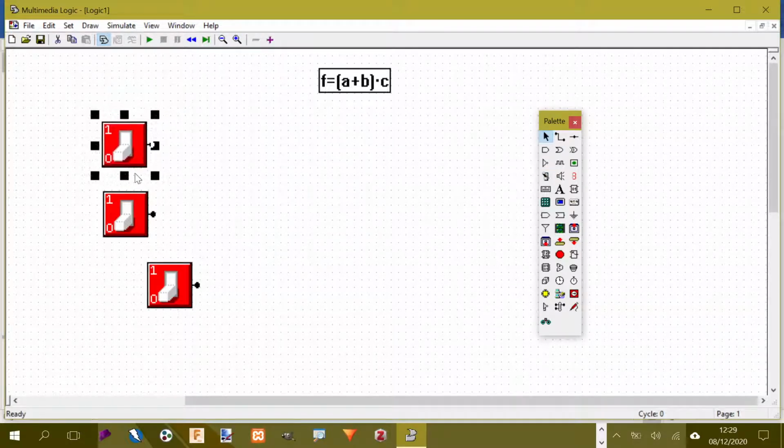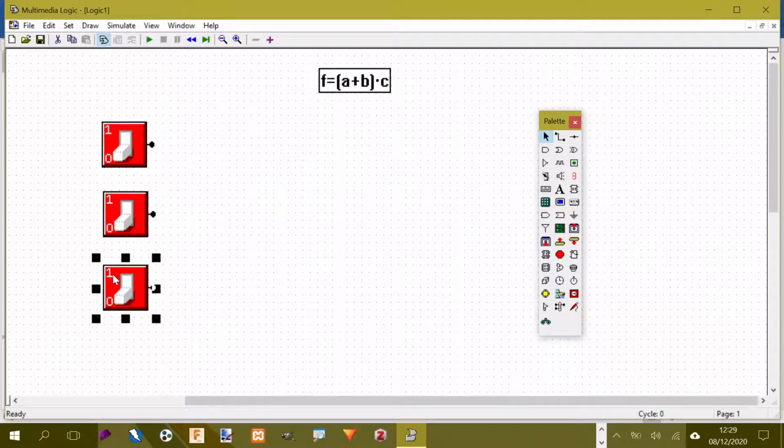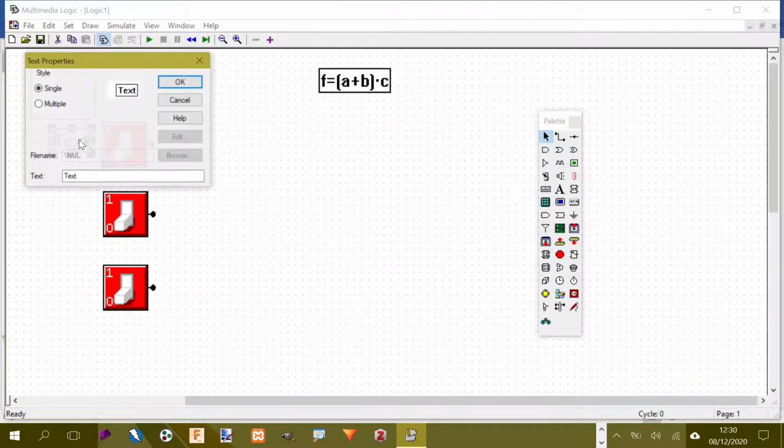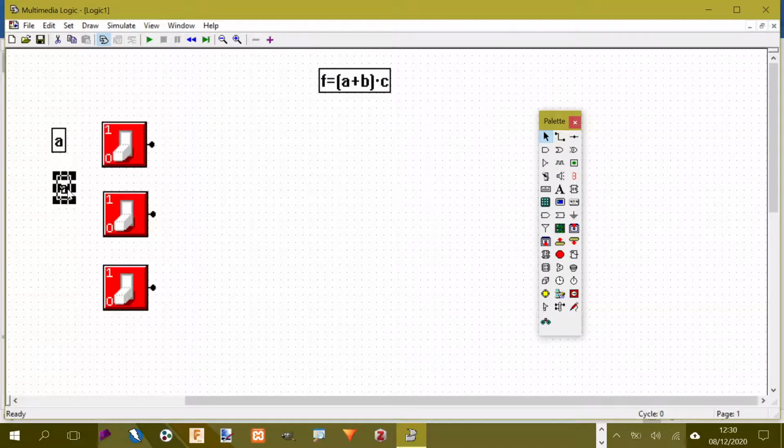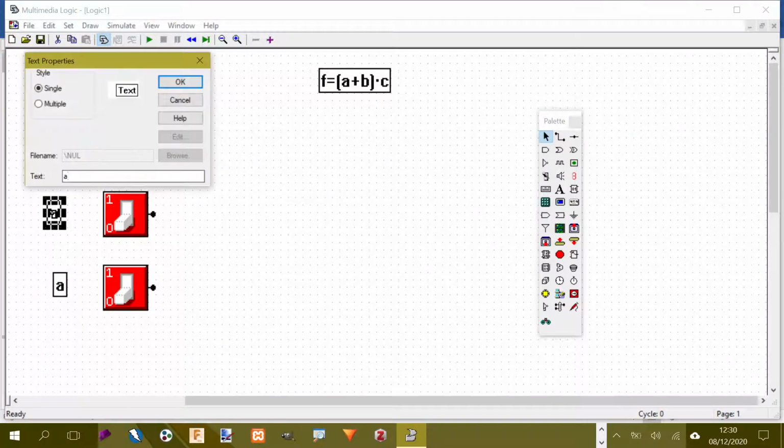So I'm just going to put these on the left-hand side there, and we need some little labels just to show us what they are. So that's A, and I'm just going to need 3 labels. So B,